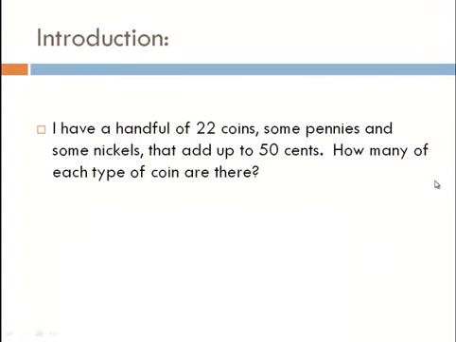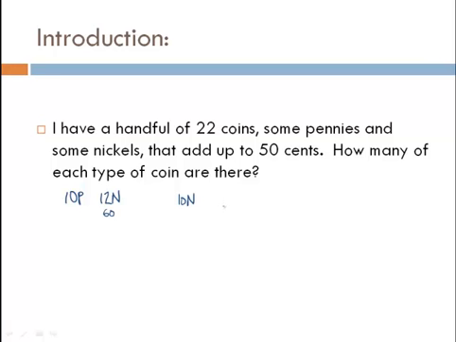Well, let's see. Let's try a couple combinations. Maybe 10 pennies and 12 nickels. Would that work? 12 nickels, 12 times 5, that would be 60 cents, and 10 more cents, that'd be a total of 70 cents, which would be too many. So, how about 10 nickels and no pennies? That's 10 times 5, that's 50 cents, right on. But it's not 22 coins. It looks like we have to somehow find something that is both 22 coins, yet also adds up to 50